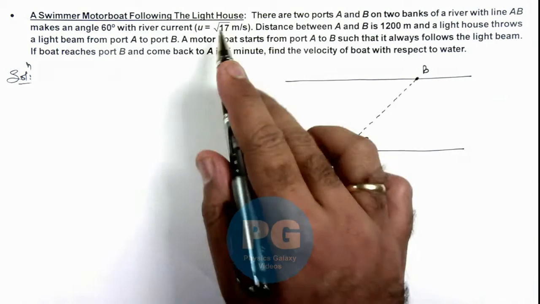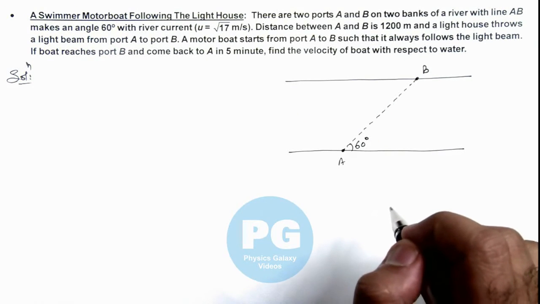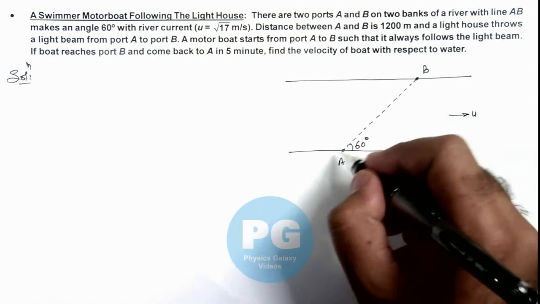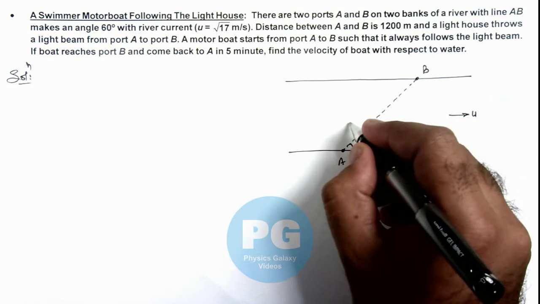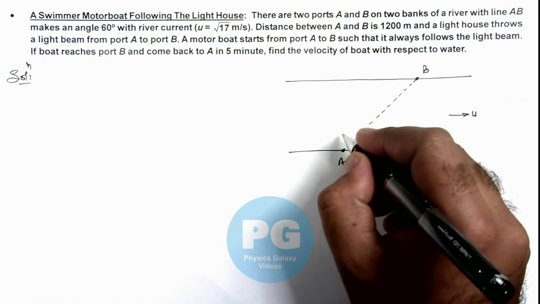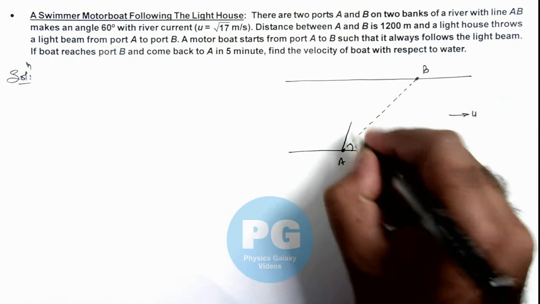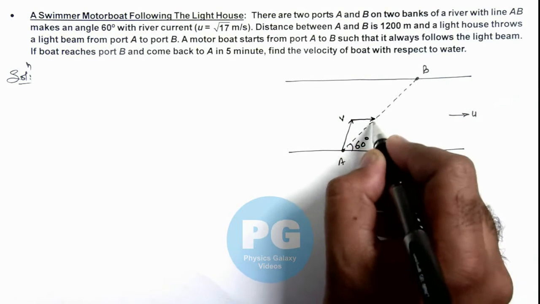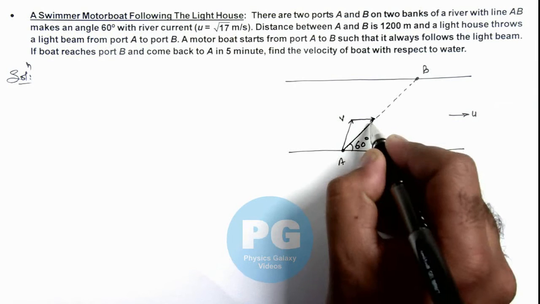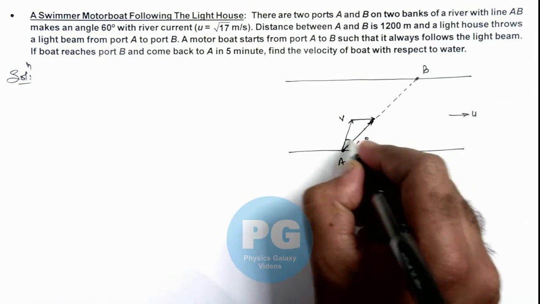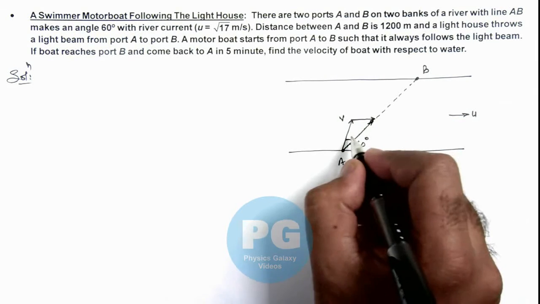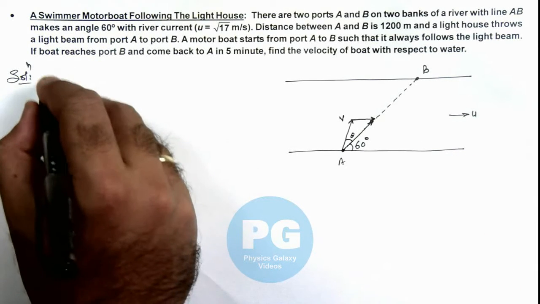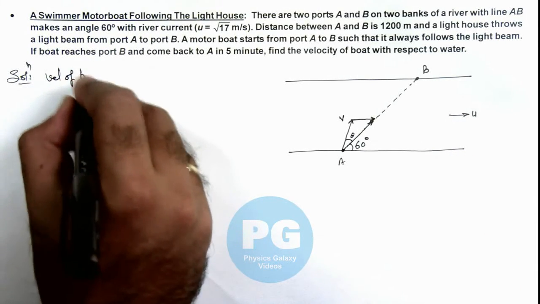We are also given the river current speed, which is root 17. Say in this direction the river current U is there. So to move along this path, the boat has to travel with some speed V such that U is added to it, and finally the boat will move along this line. Say the boat velocity with respect to water makes an angle theta. Then we can write the velocity of the boat